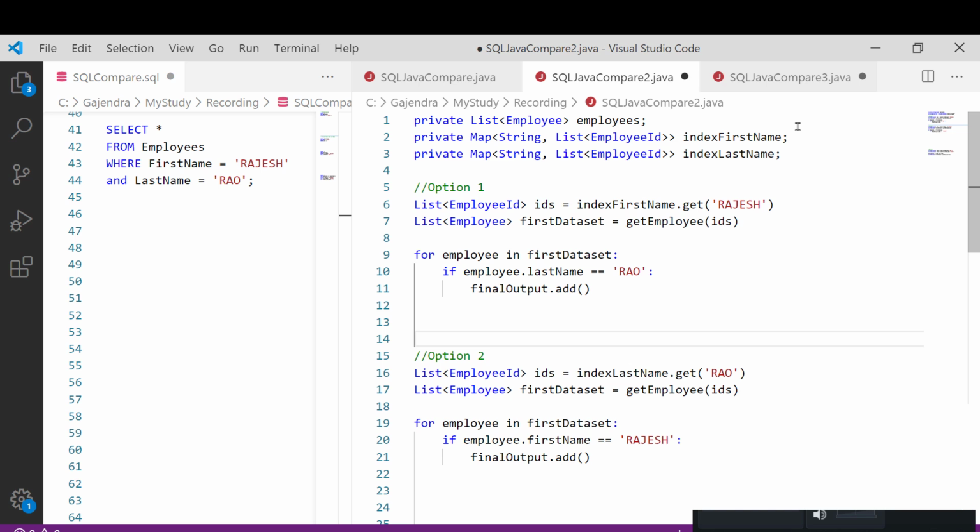So here you have employees, and then you have two indexes. Let's say index first name, which has a key as the first name and the value as all the records which match the first name, and then the second index is index last name. Okay, now when